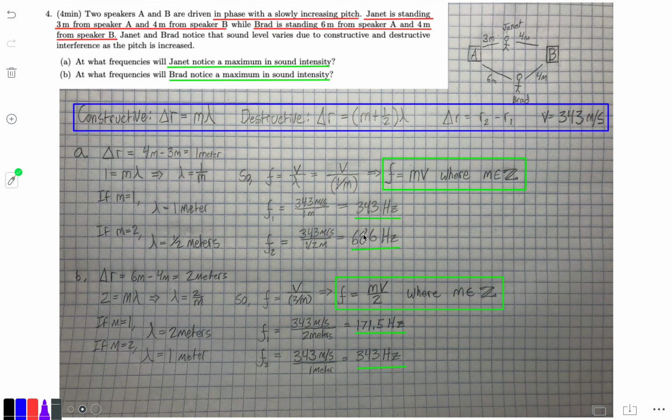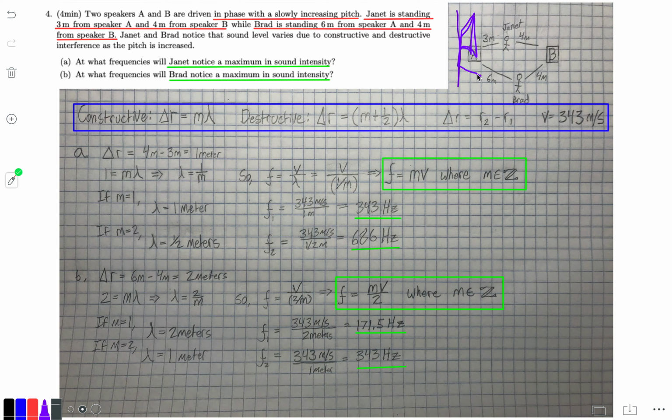Taking a look at the position here, we're given two different people, Janet and Brad, and they're standing at different positions away from these speakers. The reason that we can draw our drawing like this is normally, for example, if the problem asks us to find two speakers in a plane and calculate the difference between them, we would have one speaker here,